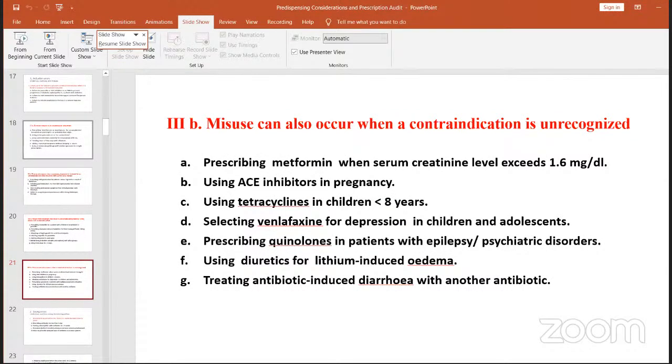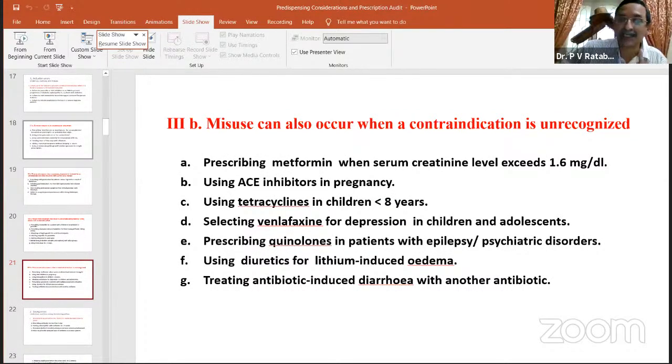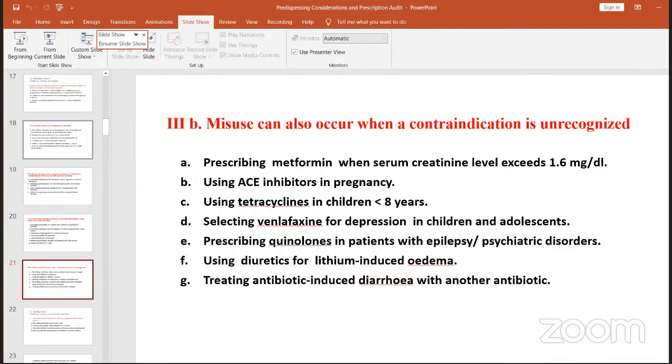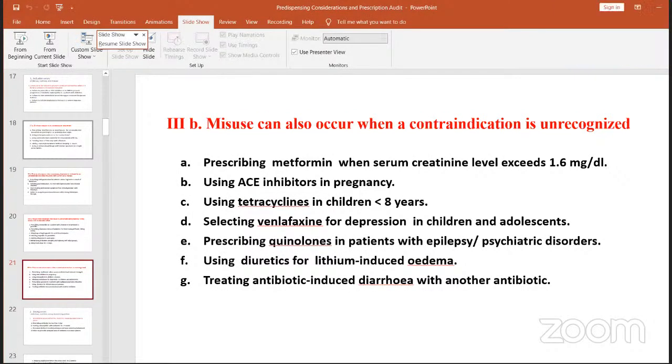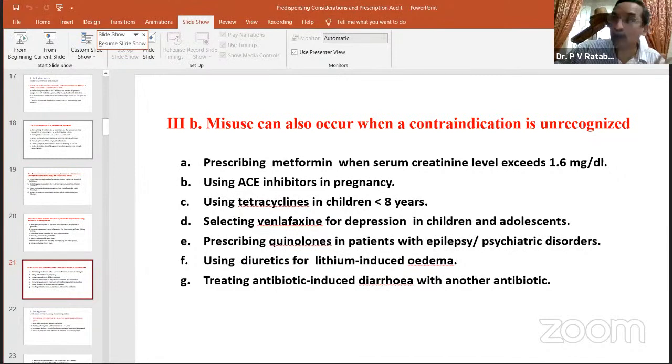Misuse can also occur when a contraindication is unrecognized. For example, using drugs when serum creatinine level exceeds 1.6 milligrams per dl, or using ACE inhibitors in pregnancy. Using tetracyclines in children less than 8 years. This is where you can pick up. If the age is mentioned in the prescription, less than 8 years, and somebody has prescribed tetracycline, then you can as well call the doctor and tell him,